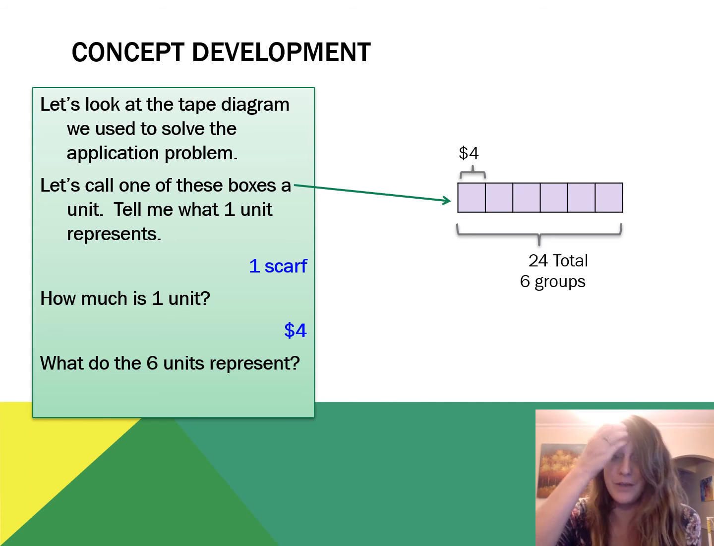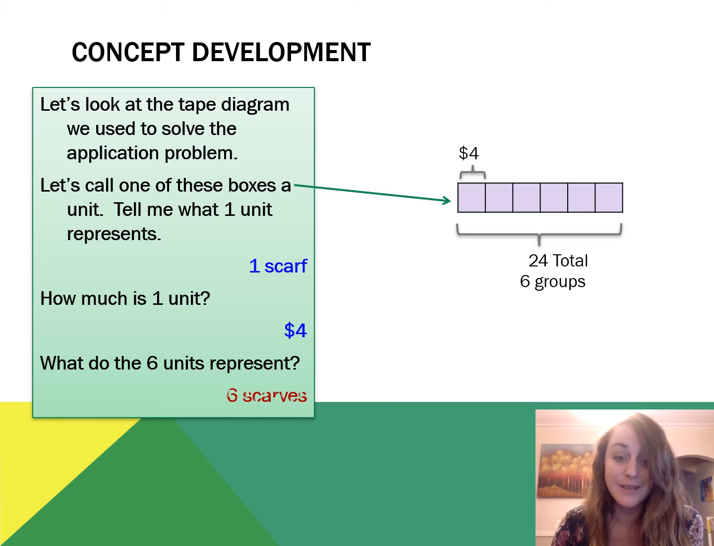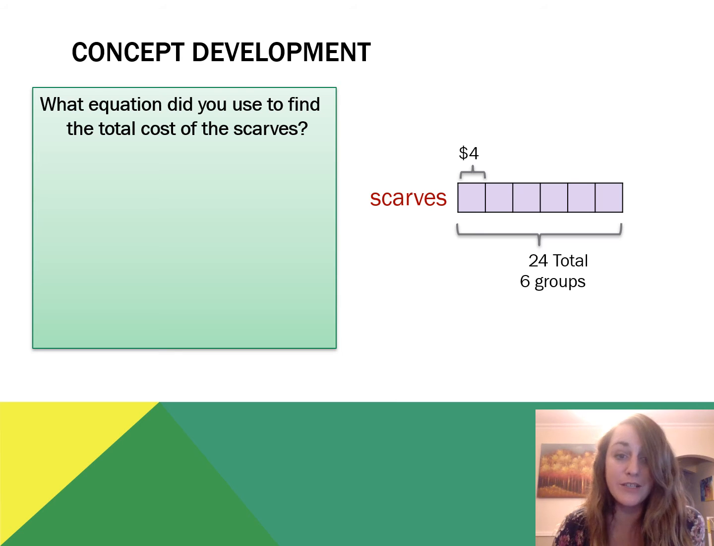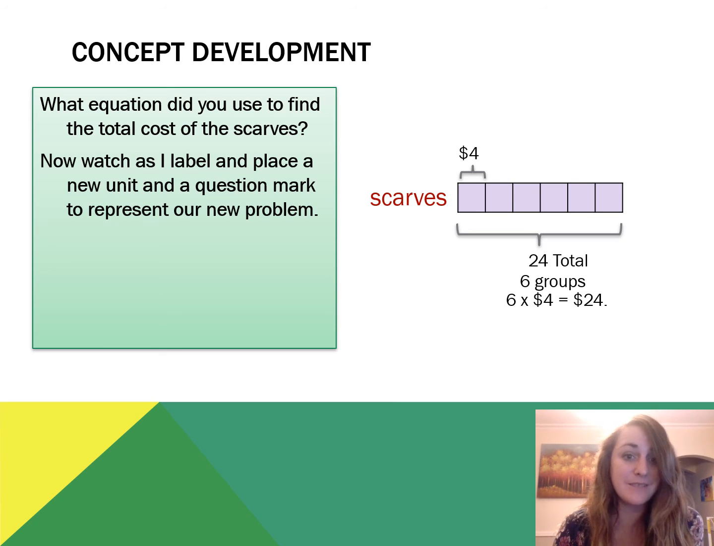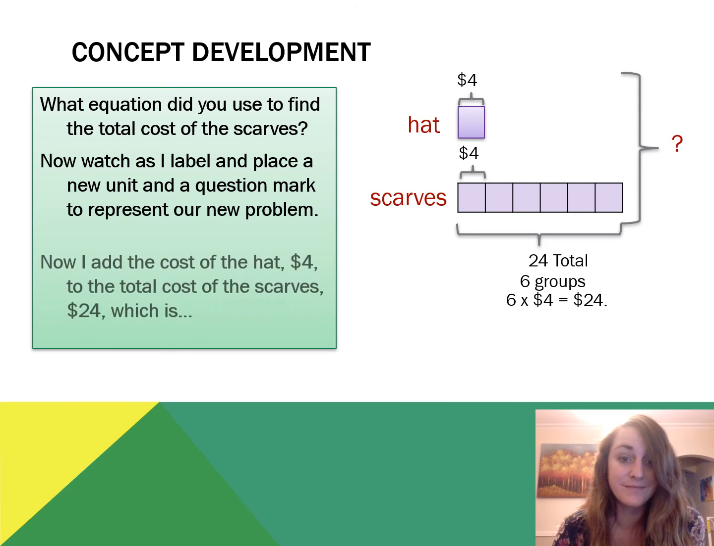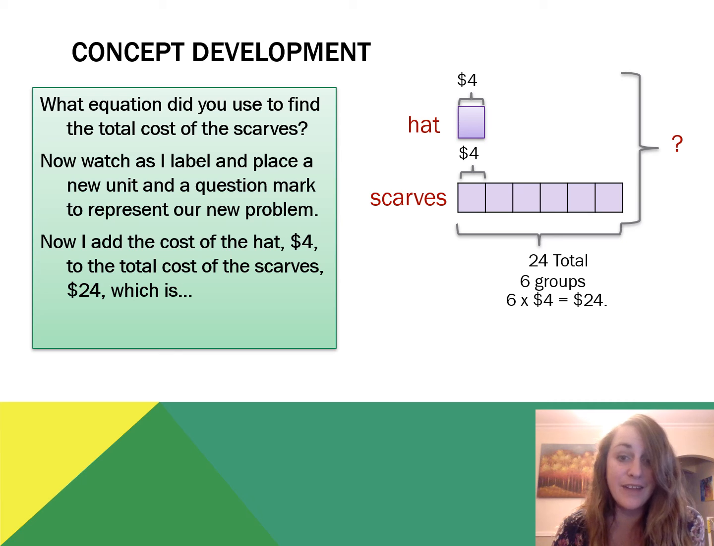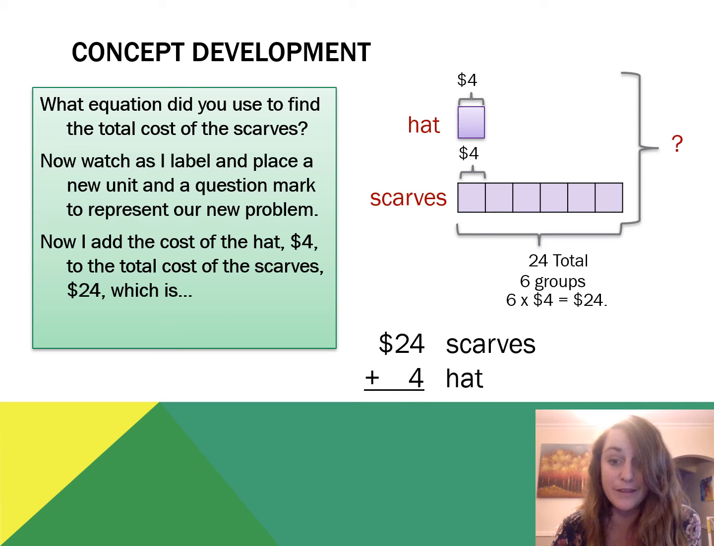$4. So what do the 6 units represent? They represent the 6 scarves. So what equation did we use again to find the total cost of the scarves? We did 6 times $4 equals $24. Now watch as I label and place a new unit and a question mark to represent our new problem. Now I can add the cost of the hat, $4, to the total cost of the scarves, $24, which is 24 plus 4,